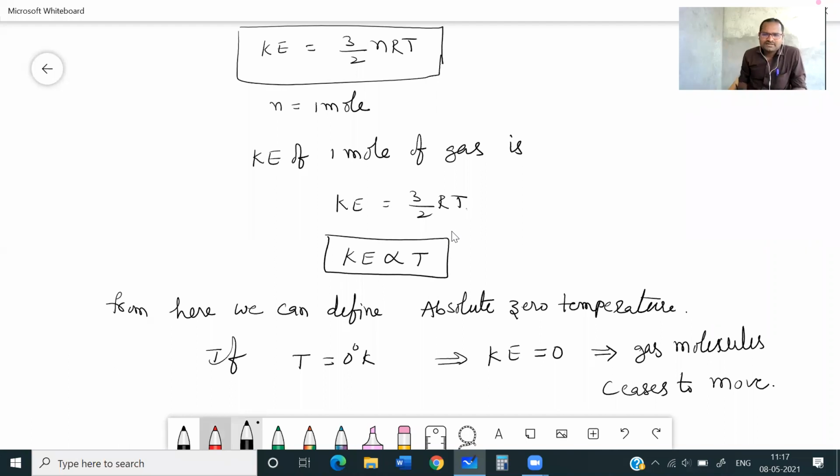Okay, important point. What is absolute zero temperature? Absolute zero temperature is a temperature at which gas molecules cease to move. They will not move. They will condense. That temperature is called absolute zero temperature. Why will gas molecules not move at absolute zero temperature? Because at zero temperature, kinetic energy of gas molecules is zero. Means gas molecules cannot move. Did you understand? This equation is for what? This equation is for kinetic energy of 1 mole of a gas. Remember this point. Point is important. Clear? Okay. Any doubt in this?